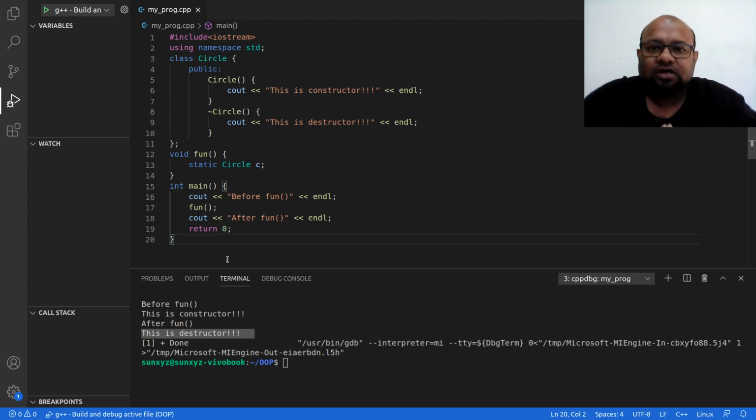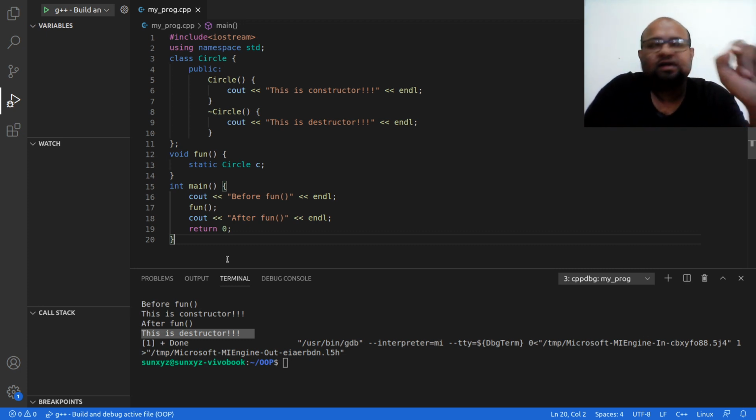Very interesting. Do you see the difference between what was happening when this object was not static and when the object is static? When the object was not static, the object was created when I called this function, and when I returned from the function, the object was destroyed. Now when the object is static, the object is created when I call the function for the first time.